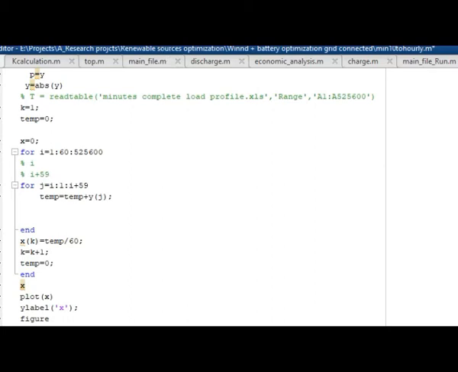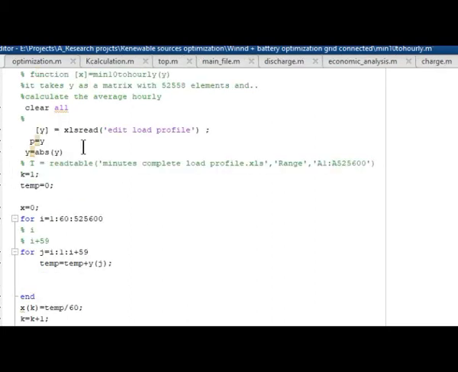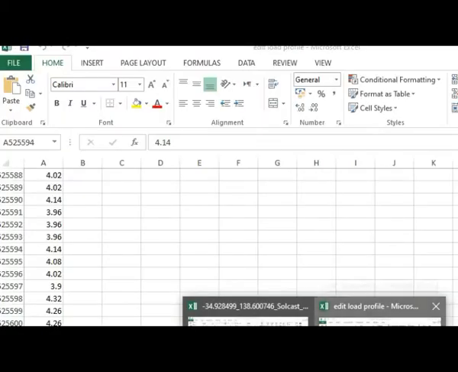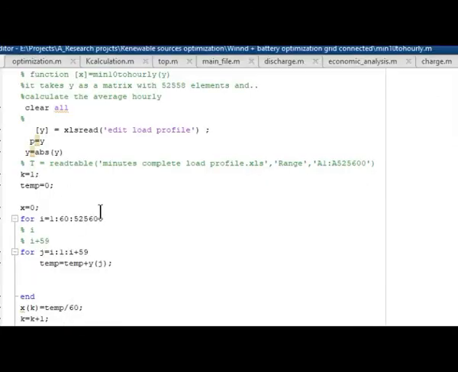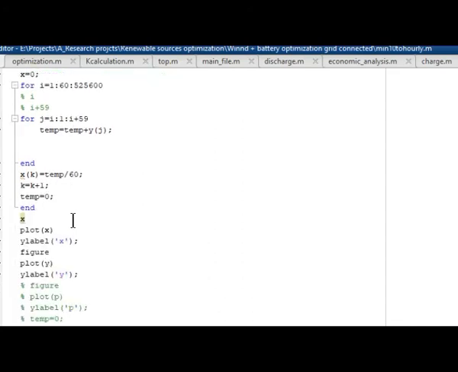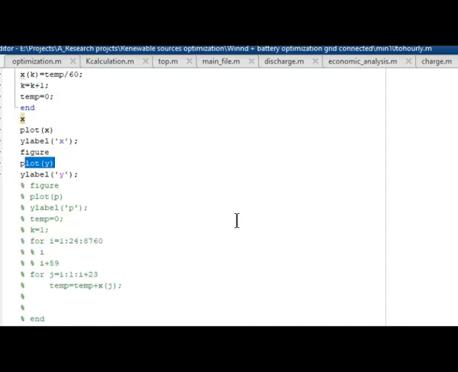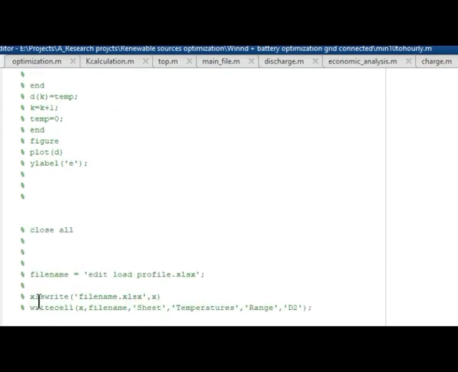What will happen? It's simply reading data from this added load profile, which is given here. Then it converts this data to the hourly basis, averaging on 60, since temporary has a summation of 1 hour, and then plots the hourly data and then the minute data. Later on we will write this data to an Excel sheet of file name.